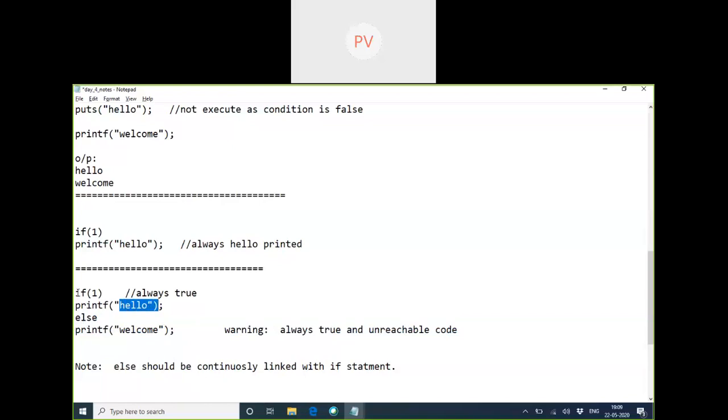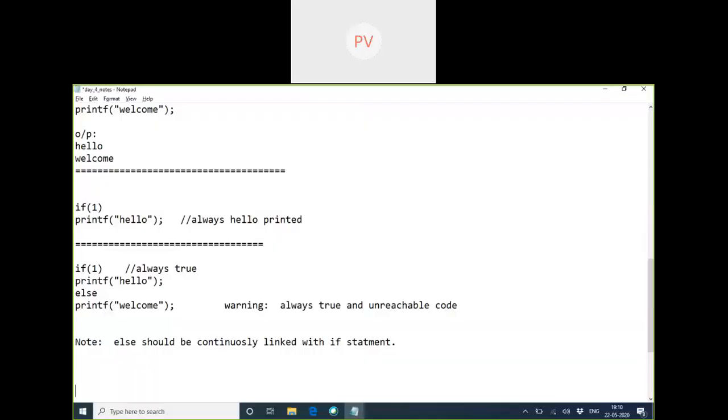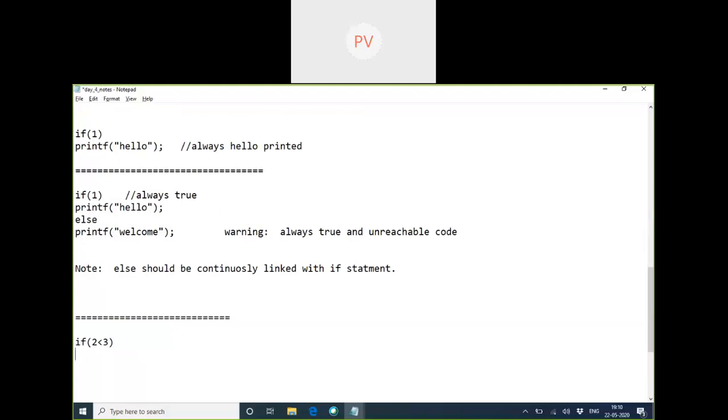Okay, so that means we can write anything inside the brackets. It can be a simple number or a big expression, comparison, printf, whatever it may be. You just have to evaluate this expression to the level of true or false. And here, I said it should be continuously connected. So what does it mean? If some expression we have written, so if it's not p less than 3 or anything,